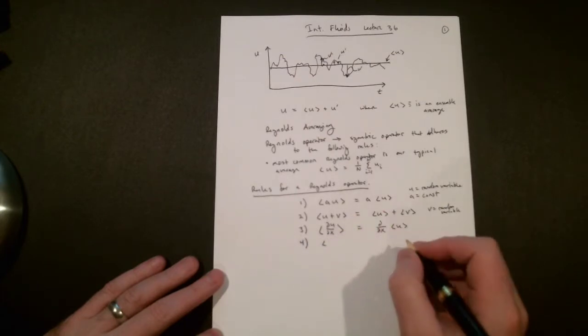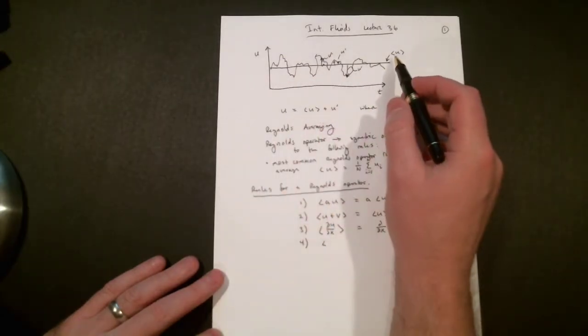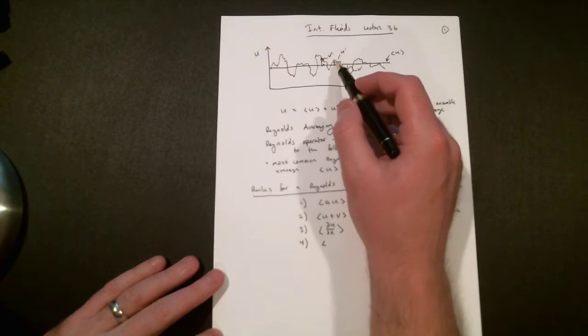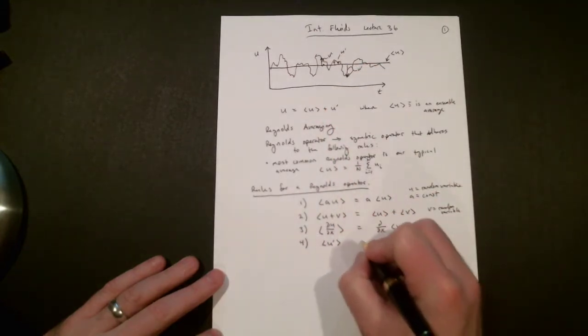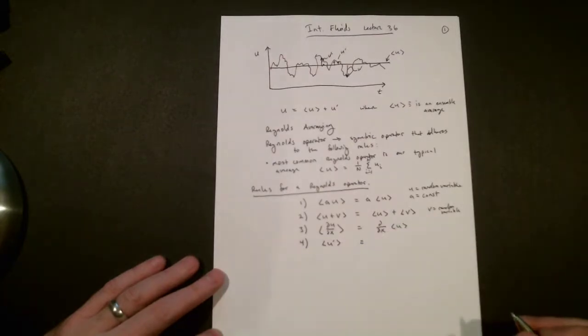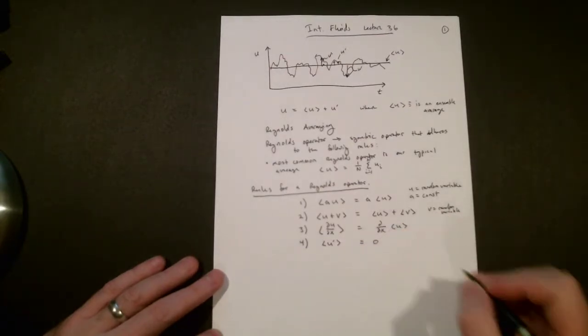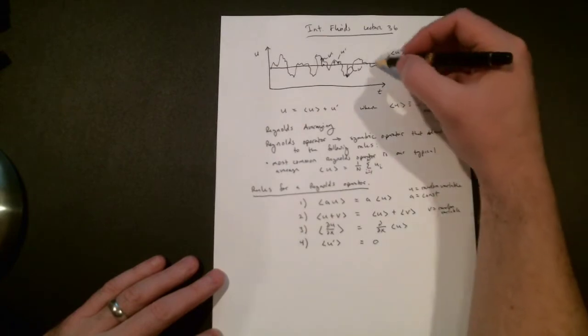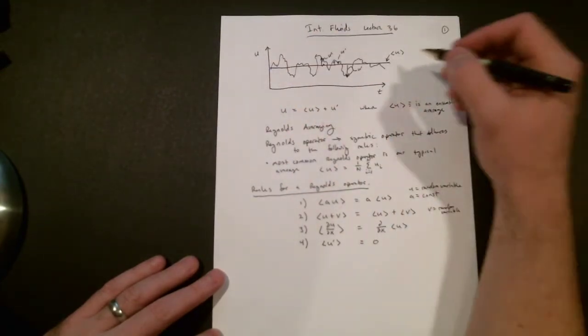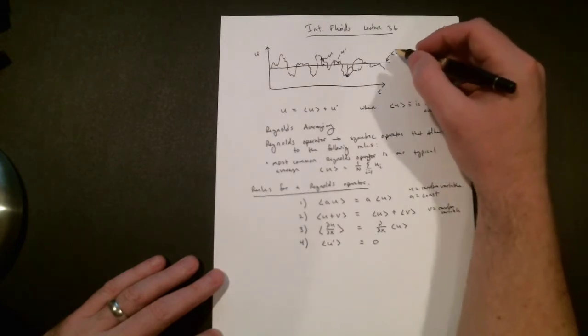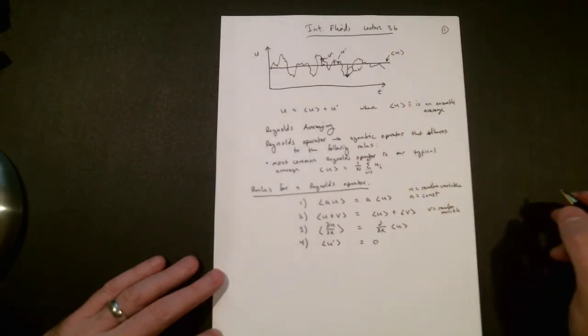The fourth rule, that will also be an important one for us to use, is that if we take the ensemble average of all of our deviations, so if we're looking at our deviations from our mean, if we take the average of those deviations, if our operator is properly applied, we should get 0. Basically we add up all the fluctuations, they should give us 0 on average, if this ensemble average u is actually representative.